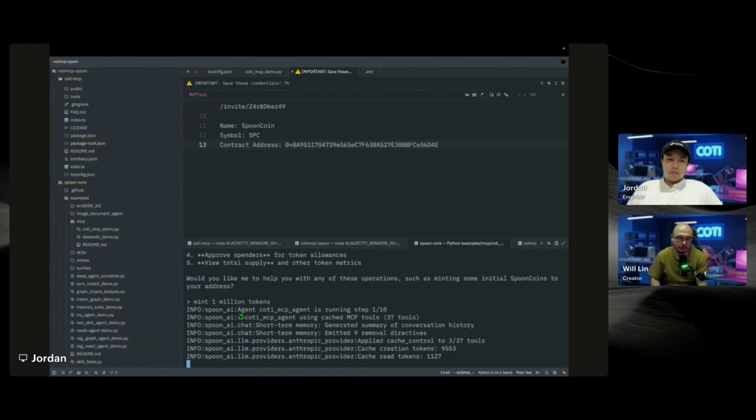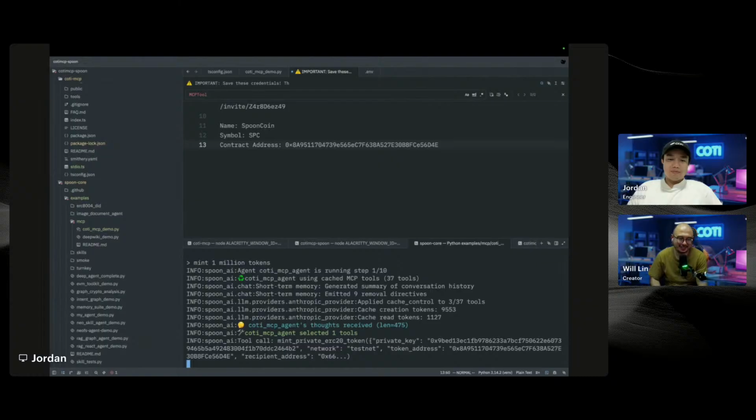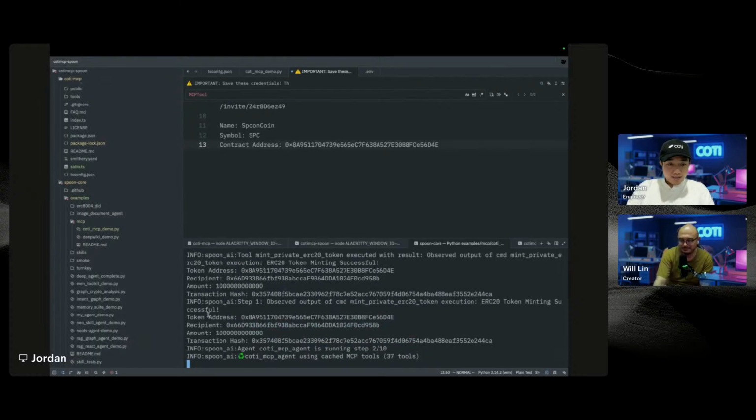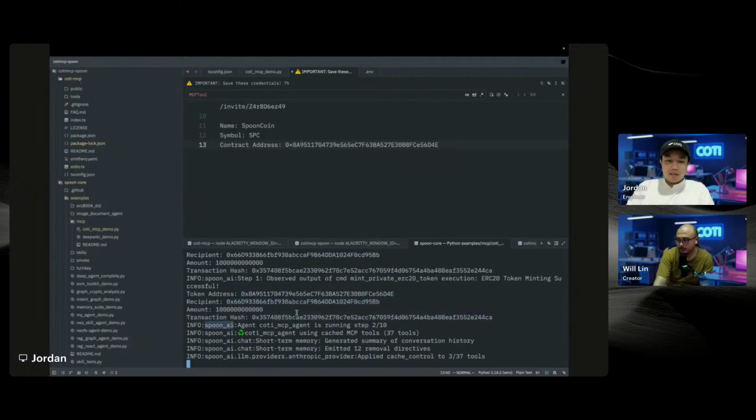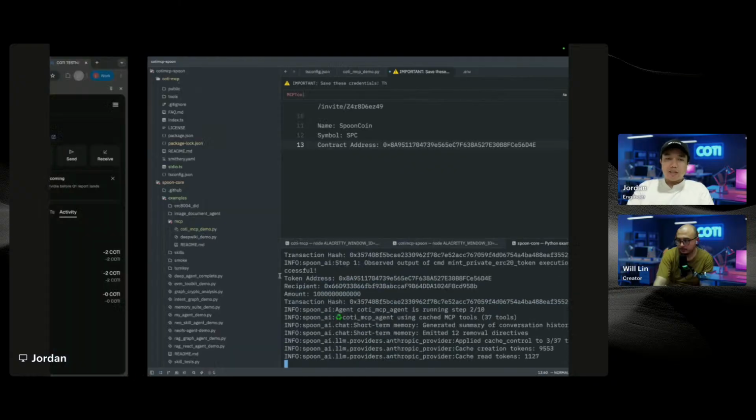Mint 1 million tokens. We are rich. That's a lot of tokens. Side note, we are on the testnet. So yeah, the token is now minted to this account, and we are going to try sending it to our